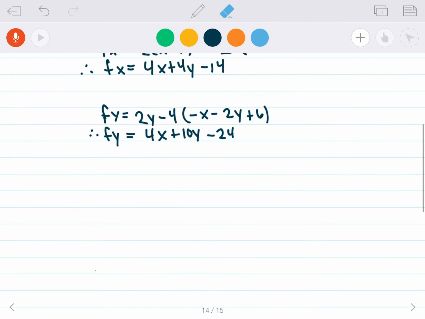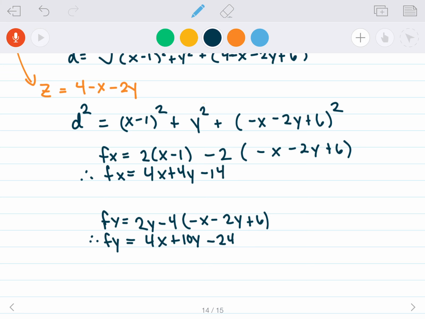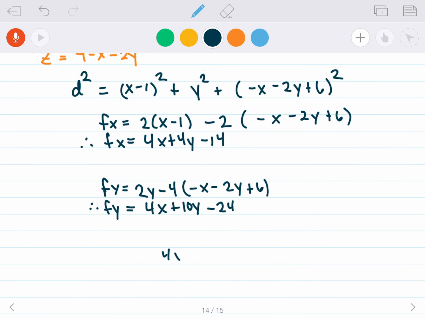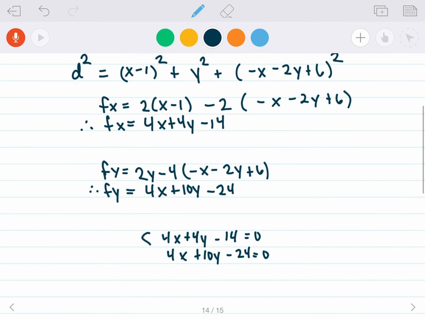So we have 4x + 4y - 14 = 0, and 4x + 10y - 24 = 0. If I just subtract these equations,